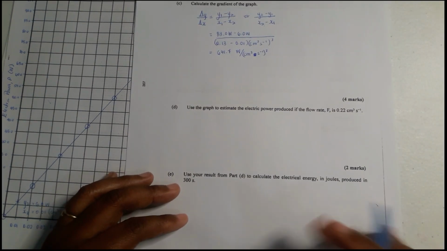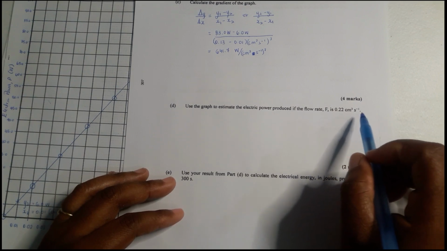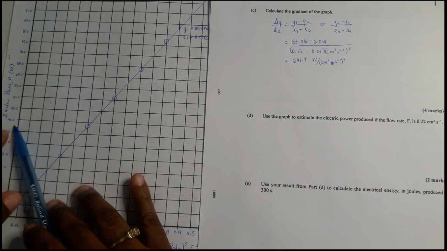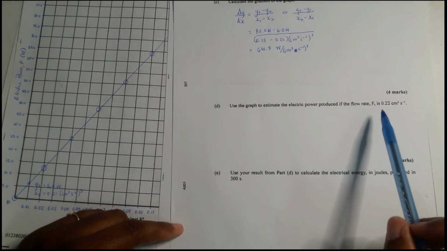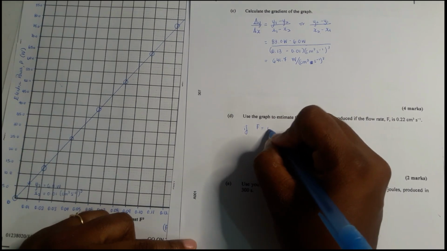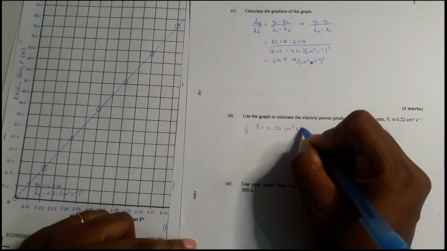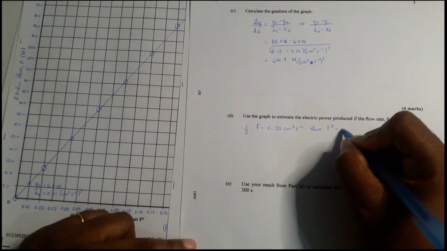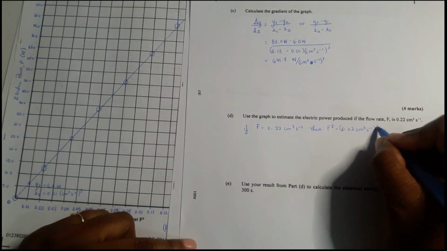So, use a graph to estimate the electric power produced if the flow rate F is 0.22 centimeters cubed. So this is like a trick question, because remember this graph is electric power against F cubed. You see that? And they're asking you to look for F. So what we're going to have to do is say if F is 0.22 centimeters cubed per second, then F cubed would be that same number cubed. And we will get